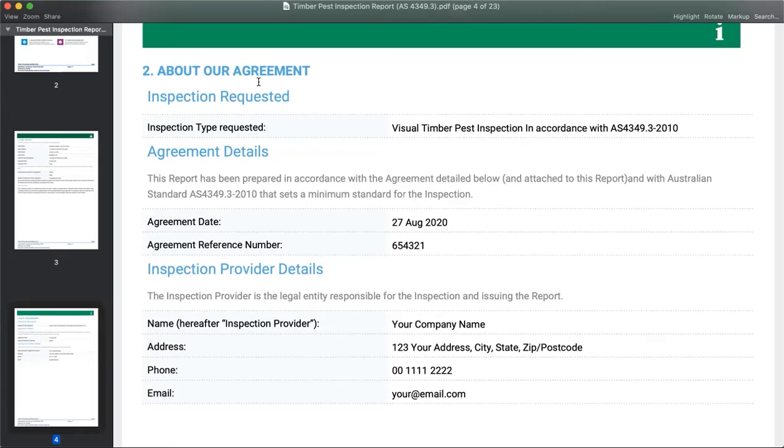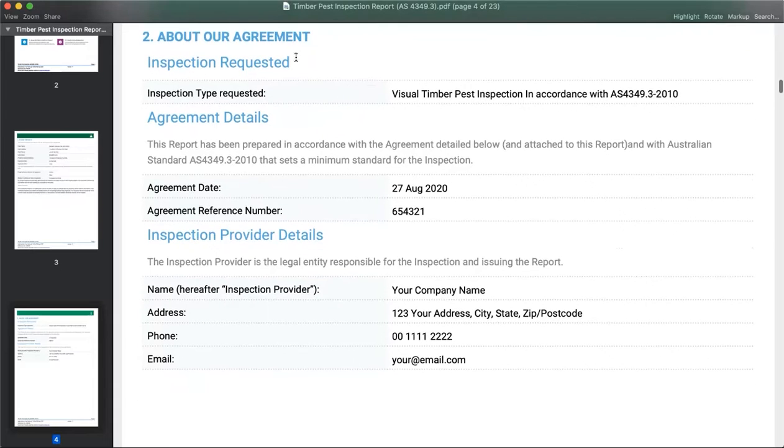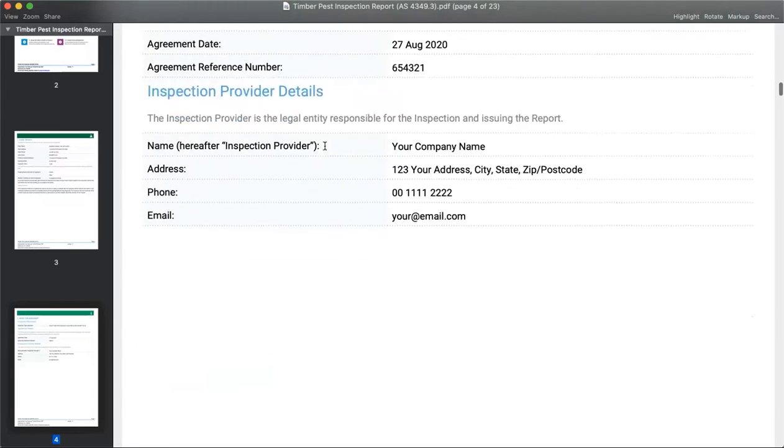But that agreement process is just made so easy through the agreements and the web forms feature that we've created. Rather than maybe using a paper copy of that agreement, you having to scan it, send it through to the client. They have to then print it, sign on a bit of paper, scan it, and send it back to you. So it just eliminates that whole process and makes for a really easy agreement process to gain that client signature before the inspection is done. So this section is purely just about the agreement that has been signed before this inspection was due to be